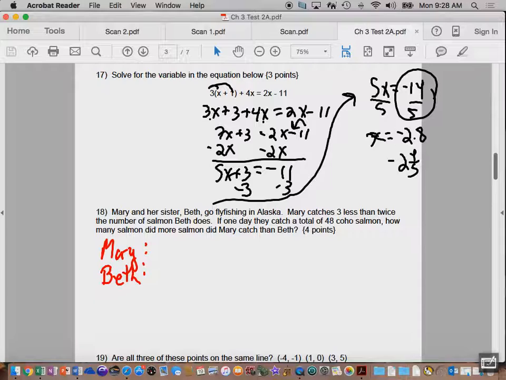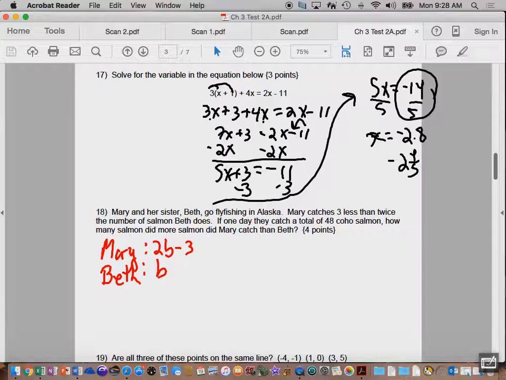All right, Mary and her sister Beth go fly fishing in Alaska. Mary catches 3 less than twice the number of salmon Beth does. So I'm going to let Beth be B. How would I write 3 less than twice B? Come on, work with me here. Oh wait, I got it. Is it 2x minus 3? Minus 3, yeah, but it's just going to be 2B minus 3 because we're going to go B for Beth,